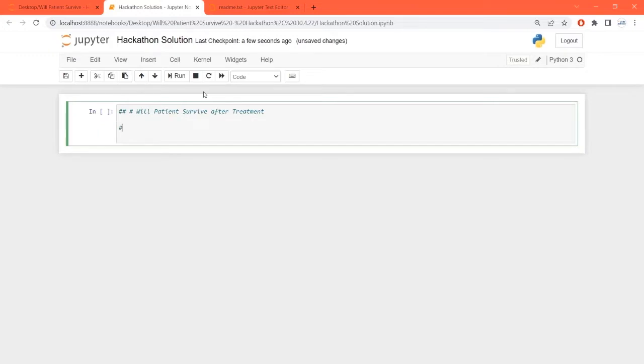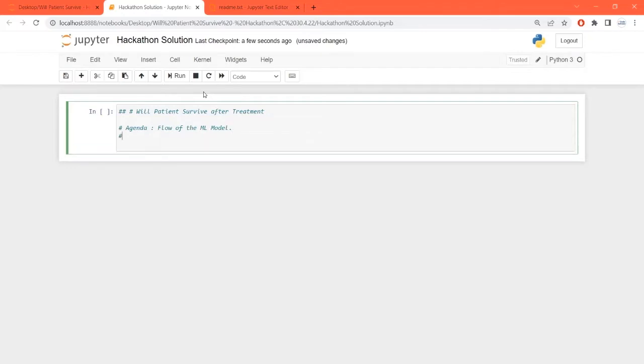The purpose of the solution we are providing over here is to go with the flow of the ML model. It is for reference purposes.